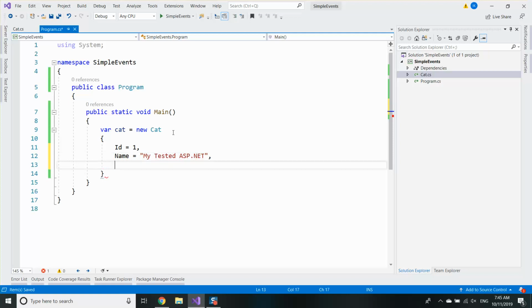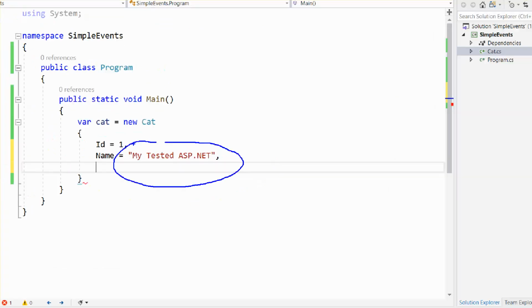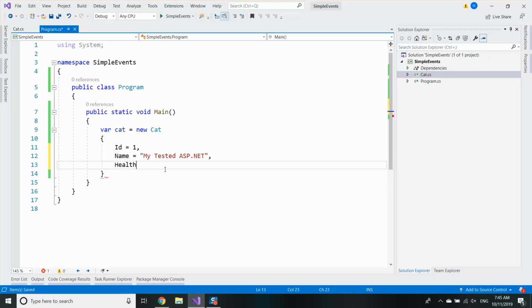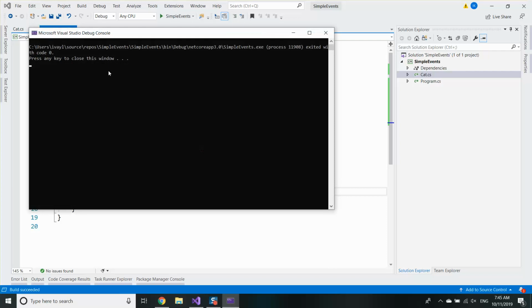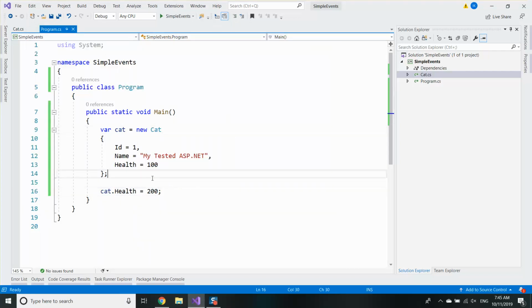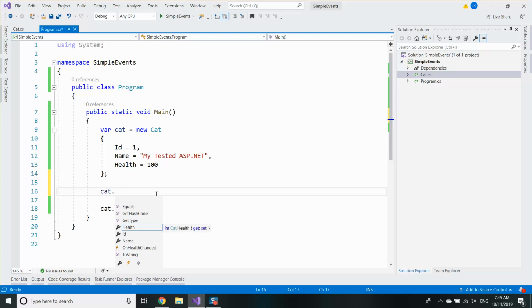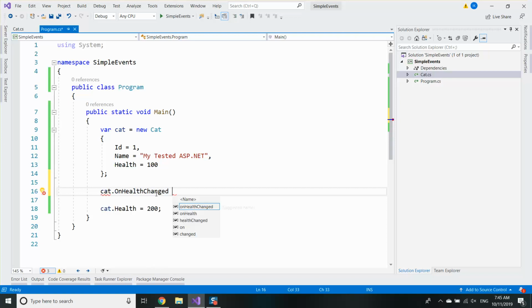Don't name your cats mytestttsp.net, boys. It won't remember the name. Okay, I have a cat and it's a normal cat. I can change the health whatever I like, whenever I like. It's absolutely fine. But I may want to subscribe and I may want to say, okay, when the health is changed,